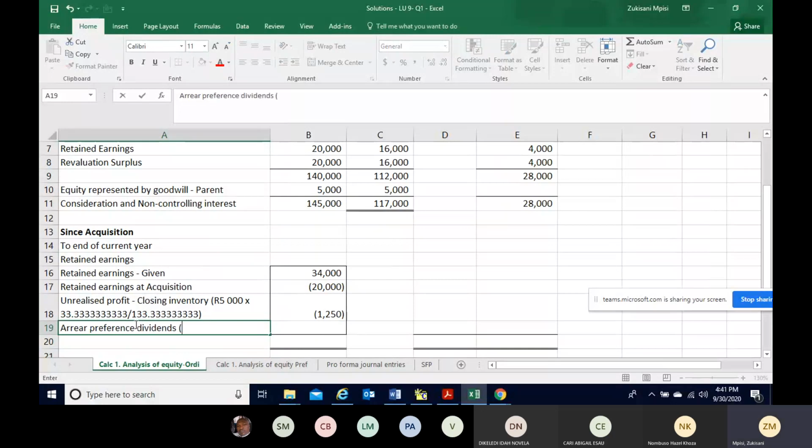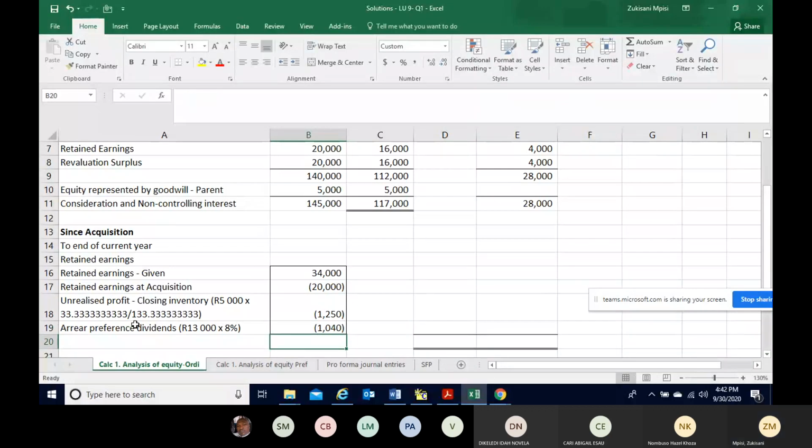Preference dividends, and then in brackets, it becomes 8% multiplied by 13,000. So it's 13,000 multiplied by 8%. This gives you